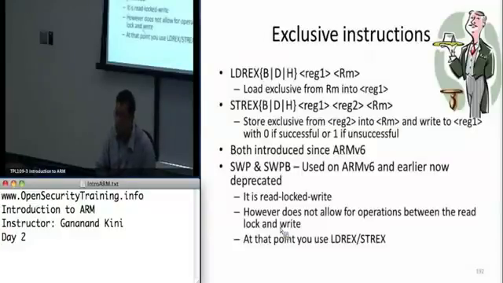Next, we'll talk about some exclusive instructions. The two exclusive instructions are called LDREX, which is load exclusive, and STREX, which is store exclusive. Prior to ARM v6, mostly there were only two atomic instructions available. If you remember exchange from x86, there used to be something called swap and swap byte, which was SWPB. But now it's been deprecated in the sense that it's still available, but it's not used as much as load